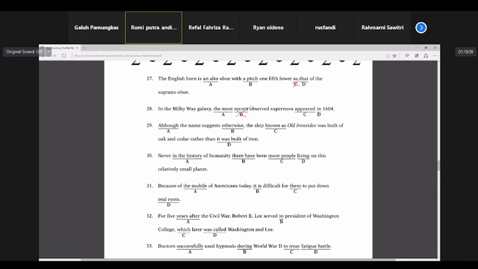It's D, Miss. Although the name suggests otherwise, the ship known as Old Ironsides was built of oak and cedar rather than was built of iron. The incorrect one is not C but D. Why D? Here we have "was built of oak and cedar rather than was built of iron." So here we should omit it. And then 30 we have